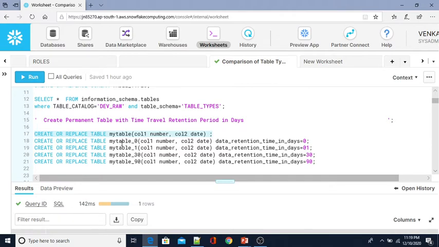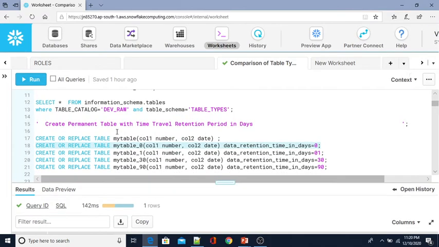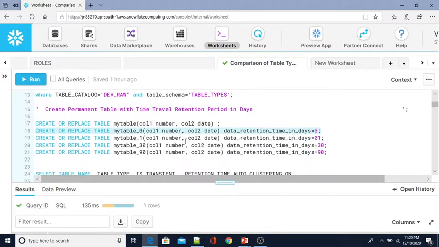Then I am going to create a table with the retention period equal to 0. Now I am going to create one with retention period 1, and also another table my_table_30, where the retention period will be 30 days. And another table called my_table_90, where the retention period is 90 days. So I have created the five tables.